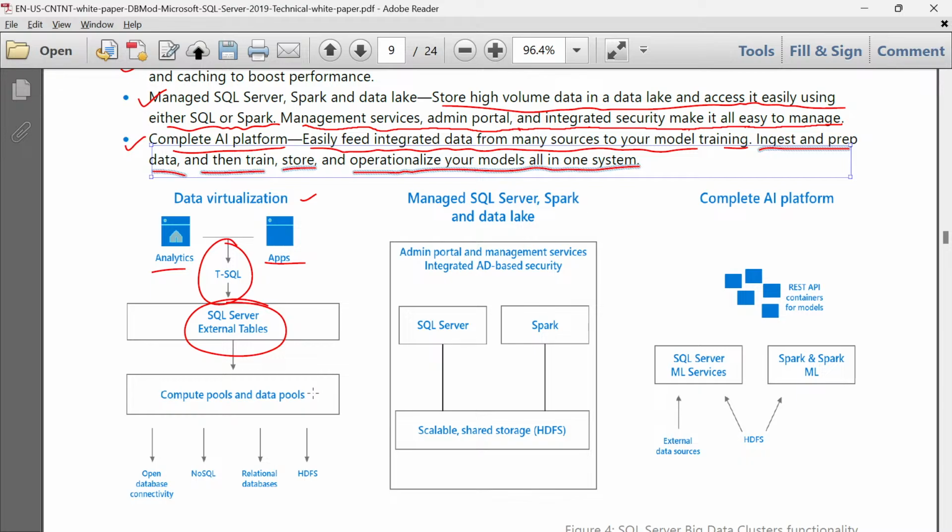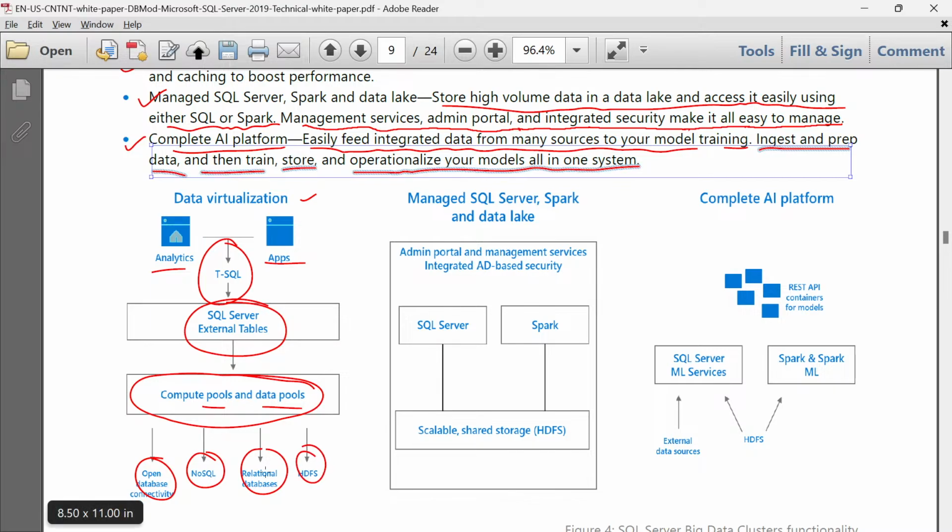Then we are using various computational tools and technologies for storing the data in the domain. So here we have compute pools and data pools, which may be in the form of either ODBC, Open Database Connectivity schemes, or NoSQL schemes, or an RDBMS or DBMS, or HDFS file systems.